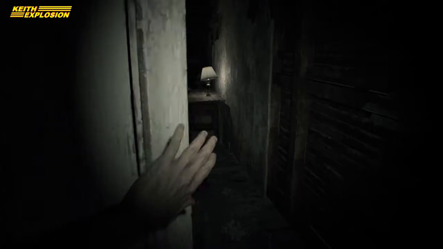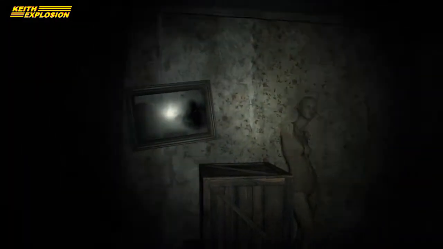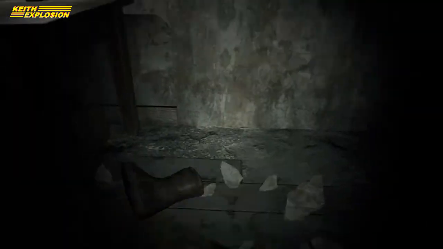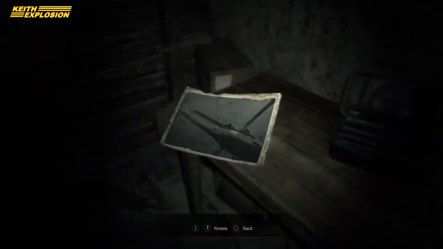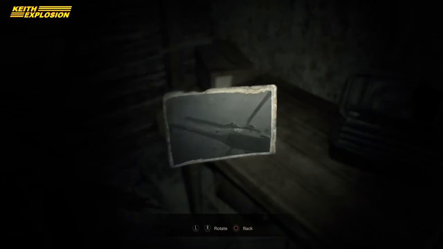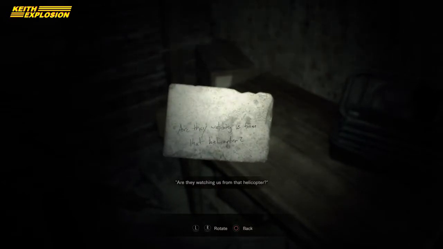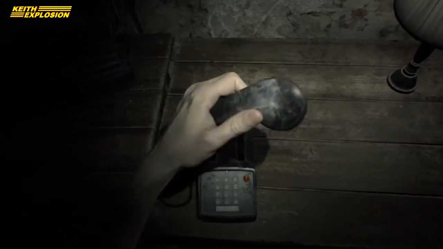Open the door. Got some crates, mannequins. Certain things in this are movable. Bunch of weird shoes, I don't know. We got a phone and a photograph. Photograph, everything is rotatable, which I obviously recommend rotating because there could be stuff on the back. Like that one. The phone, first time we pick it up,